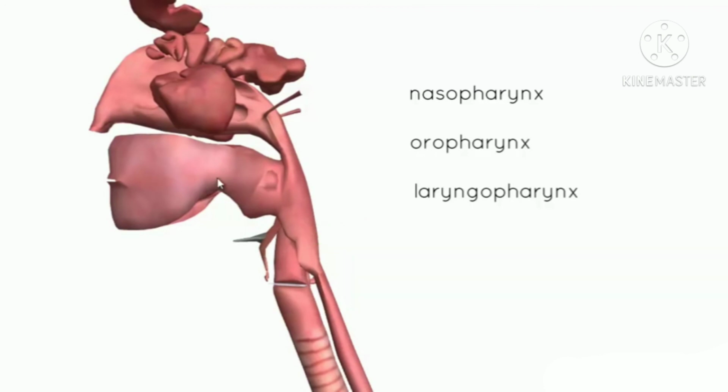So food passes out of the oral cavity into the oropharynx, and then various constrictor muscles contract and propel the bolus of food from the oral cavity through the oropharynx and into the laryngopharynx, and then it passes down into the esophagus below. So during swallowing, the soft palate actually swings up and closes off the nasopharynx,